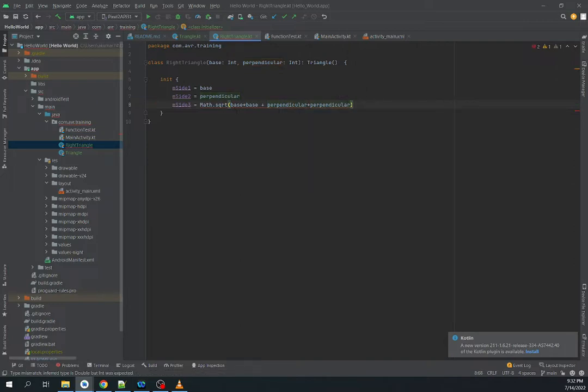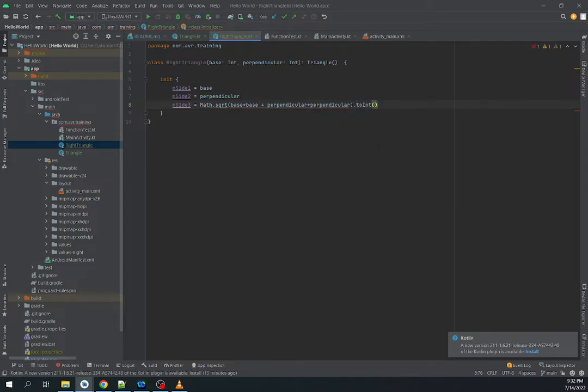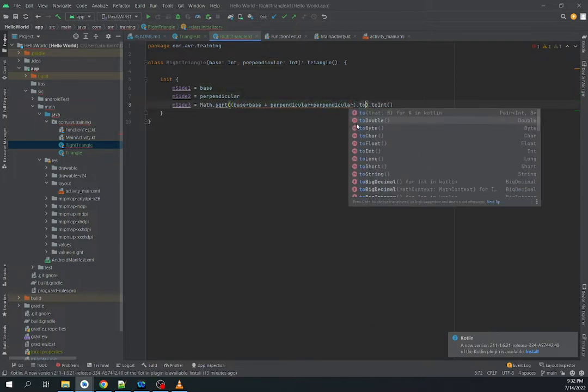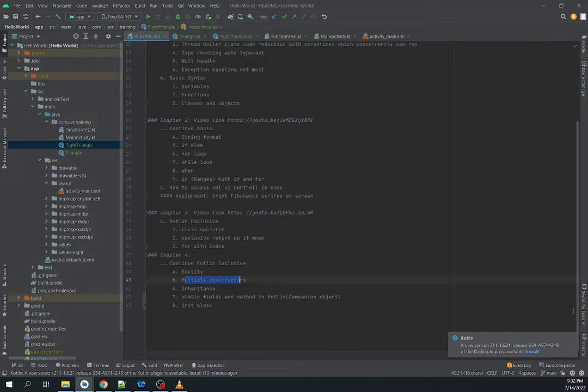Let me return double. Input is expecting double actually, so we have to convert this to double, otherwise it will throw error. Yeah, so this we can do in init. So now